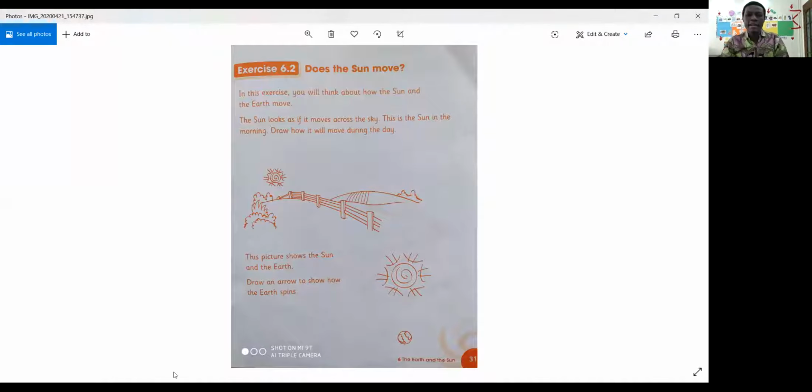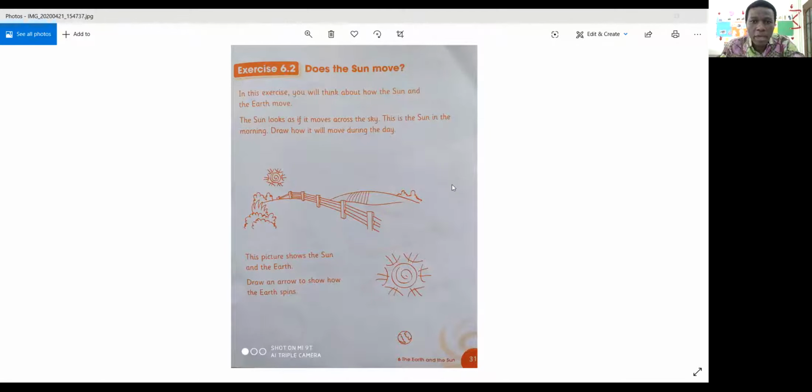So look at the sun as it moves across the sky. Last time I told you, you should go out on a sunny day like today. It's really sunny, and try to see in the morning what is the position of the sun. Then you draw it every 2 hours up to evening when the sun sets. Great. Now here, if I have to check in my own version,